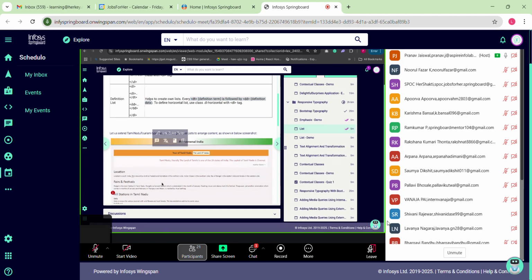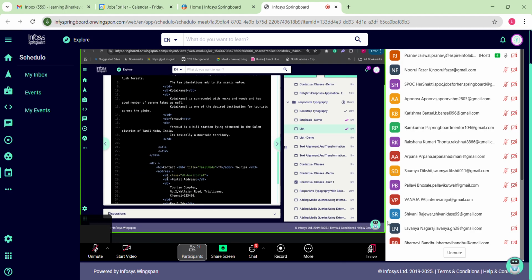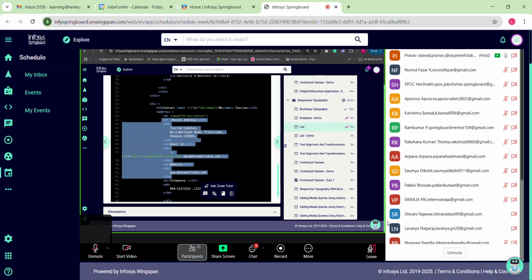The definition term here is postal address, and the definition data is the address. That is how we have designed it. You are saying it has to be horizontal, and in that each thing you are defining, so dt and dd together compose one row. Then you have email id, and then you have